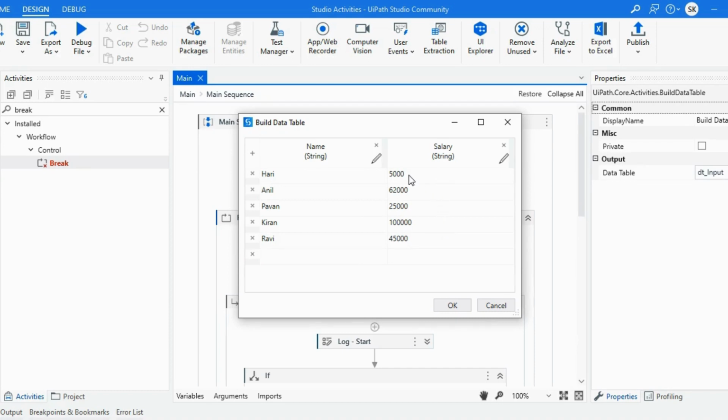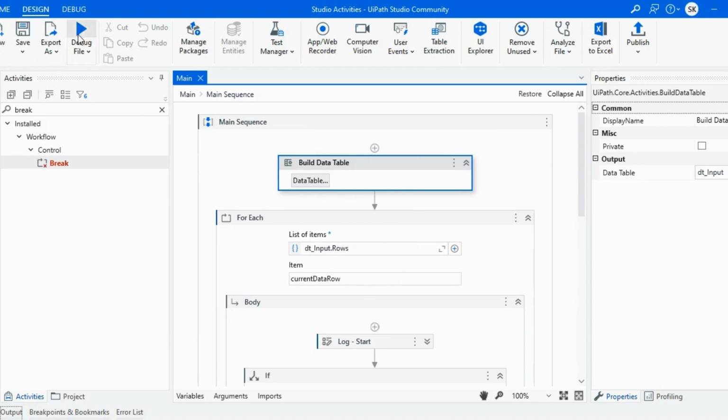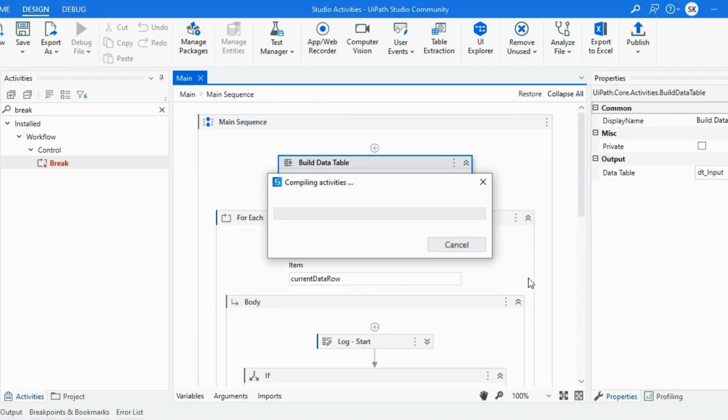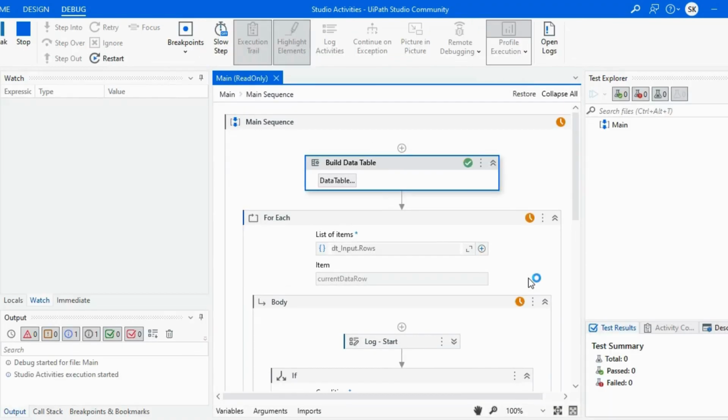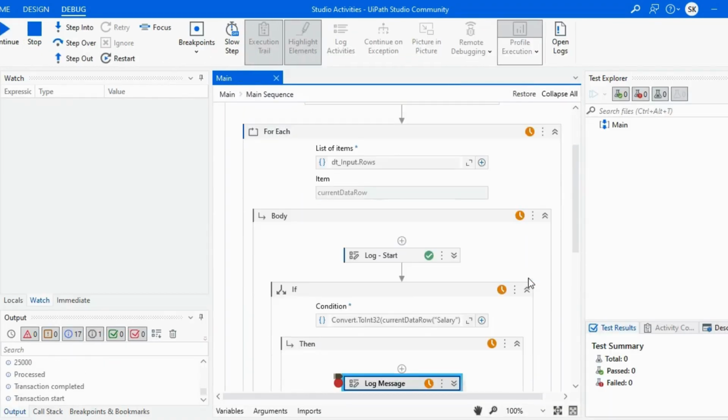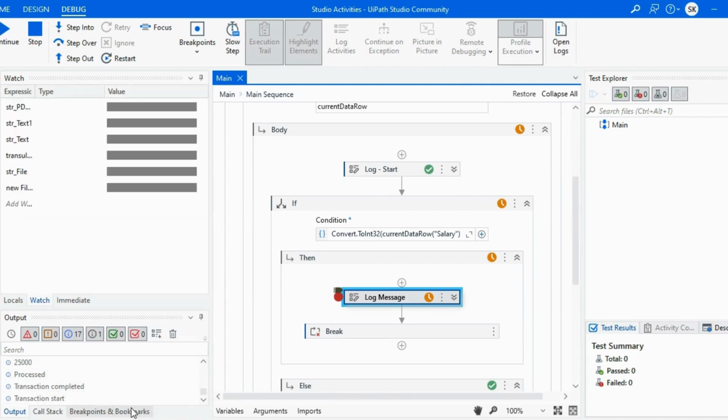So what will happen if I execute this process? It will process the first three transactions, and at the fourth transaction the loop is going to break, and the last transaction won't be processed. So let me run the process. If you go to the output panel,